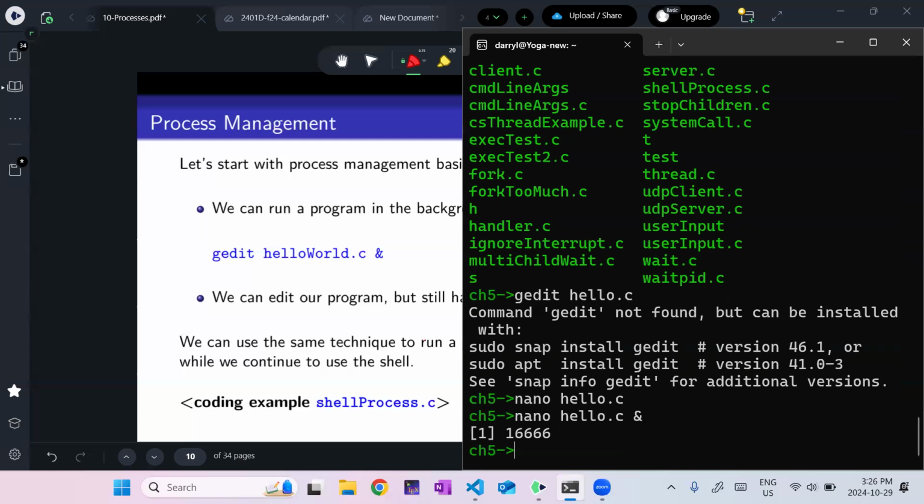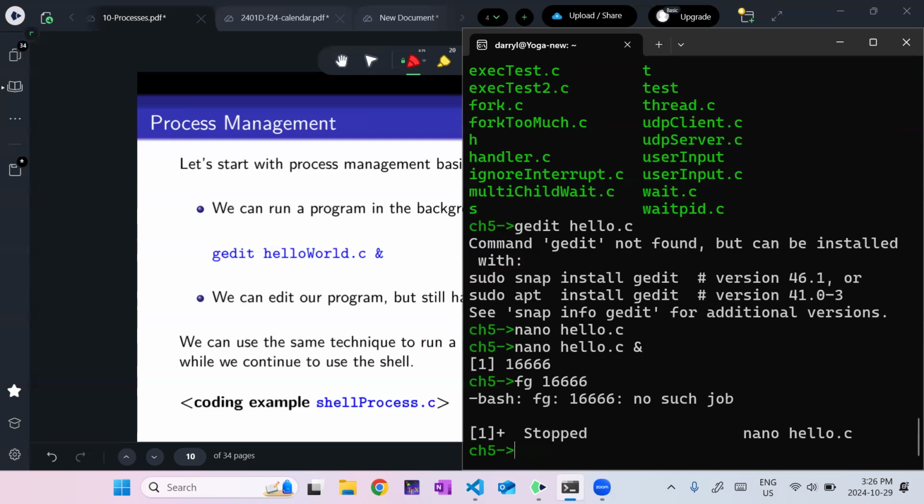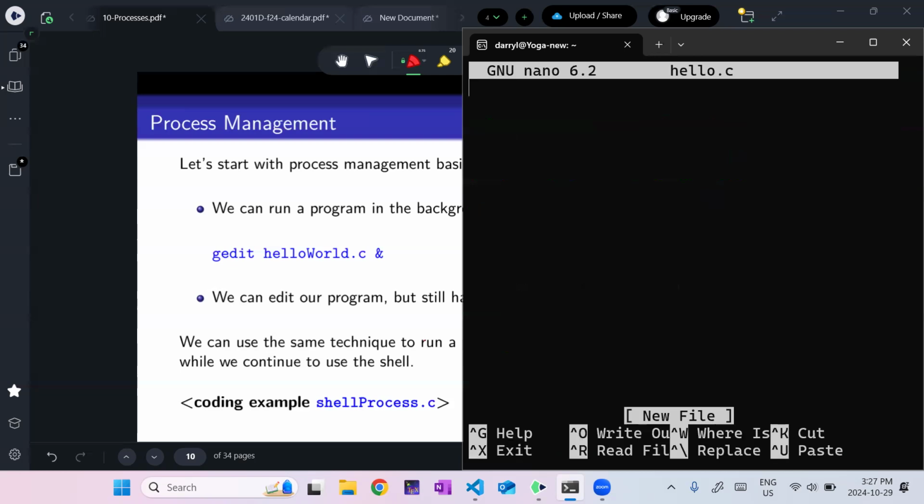Oh, perfect. Let's see if this works. All right, so Nano is running in the background, but of course I can't use it because I don't have a separate window. That's all right though. So we have a process running in the background. It's not really useful for us. We could do something like this, and this is the process ID of that process, right? So Nano is running in the background with 6666. What is this, a Halloween number? I can bring it to the foreground, I believe like this. Foreground, job 1. Yeah, all right. That brings it to the foreground.